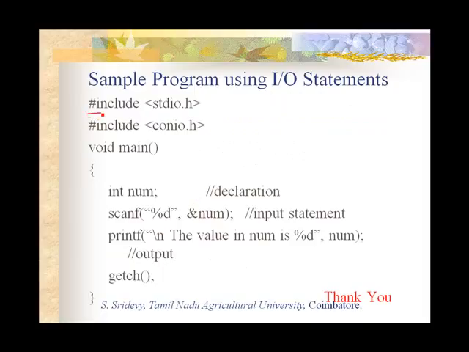As usual, include the compiler directives to include the header files standard input output.h and console input output.h. Start the main function and open the body of the main function with the help of the flower bracket. Declare a... I'm sorry, I made use of this. This is wrong. Actually, it should be